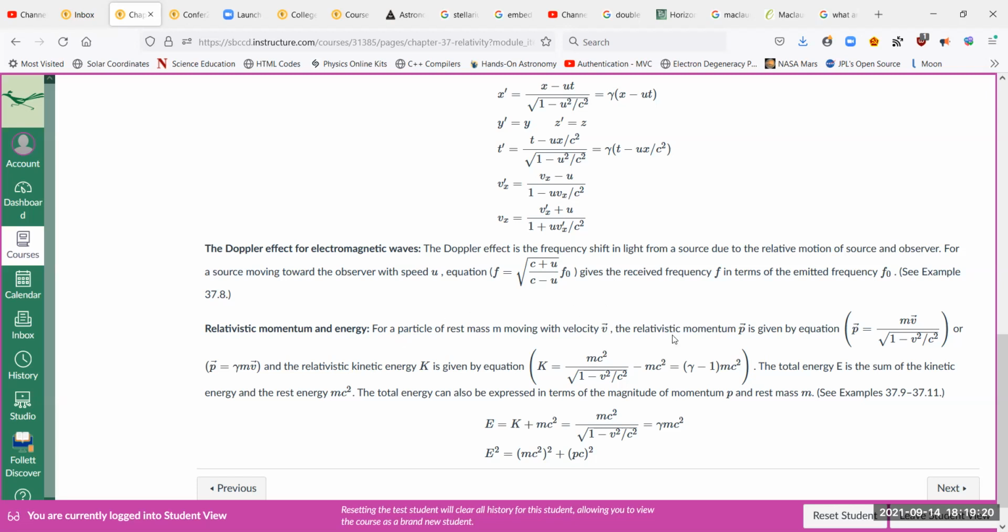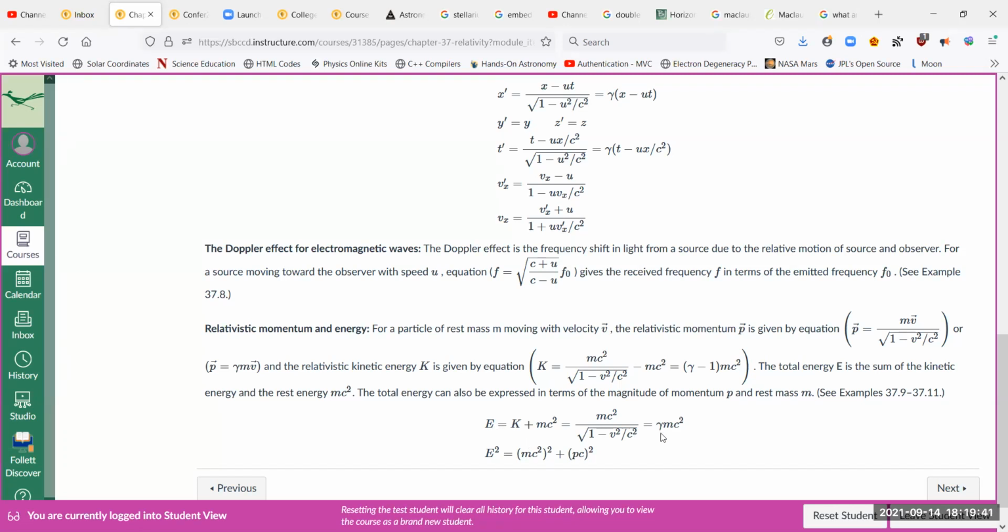And also a little bit of dynamics. The main thing from dynamics is the total energy is related to the momentum via this expression, and the mass, of course, via this expression. We will use this expression extensively when it comes to nuclear physics. So it's very important that you guys familiarize yourself with it. The